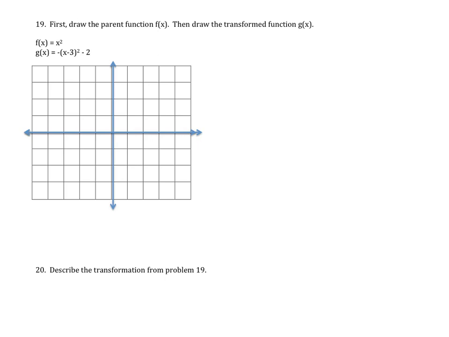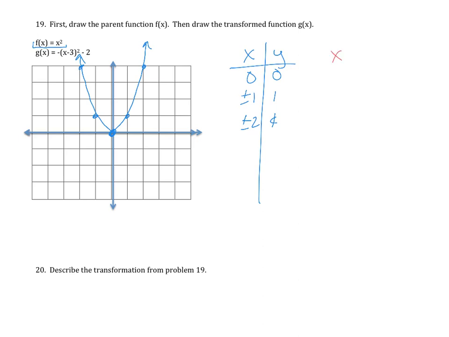Okay, for this guy it says first draw the parent function, which is f of x equals x squared. So remember, for the parent function for a quadratic, we're going to use 0, 0, plus and minus 1, 1, plus and minus 2, 4. So we get this graph, which looks like that. Okay. Now, for the transformed function, which I'm going to put in red,